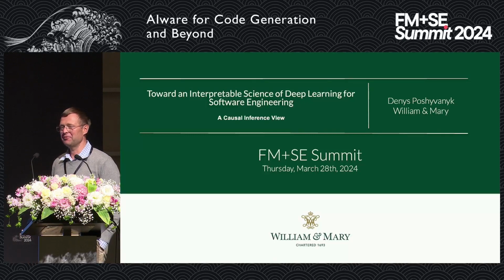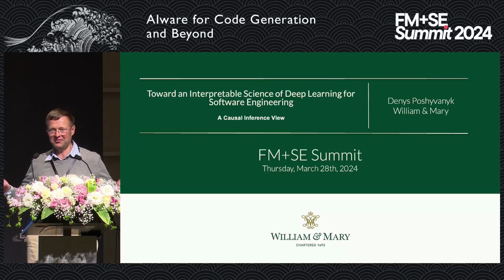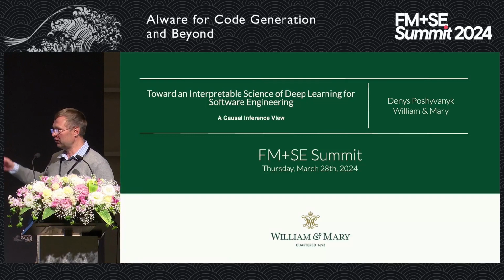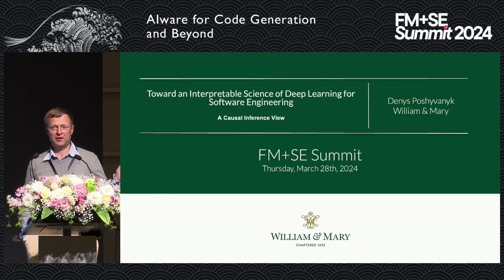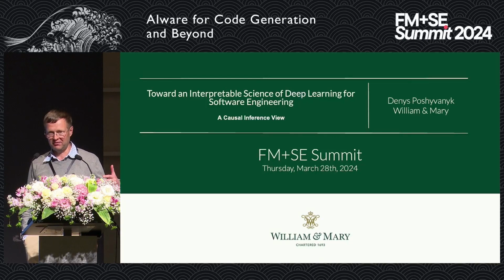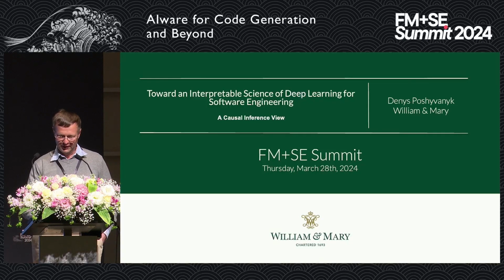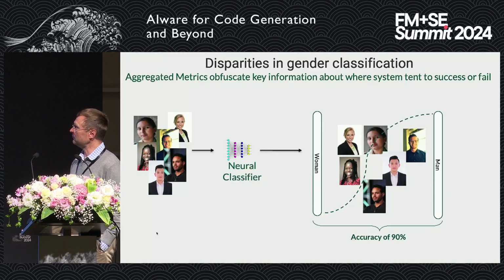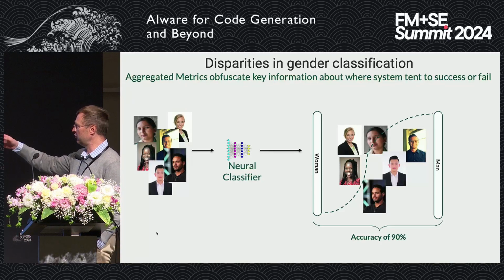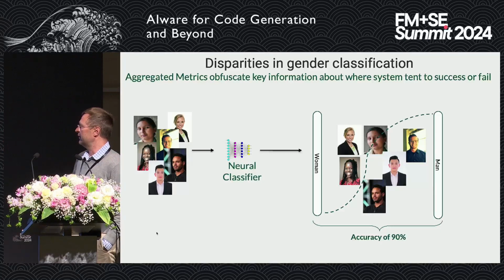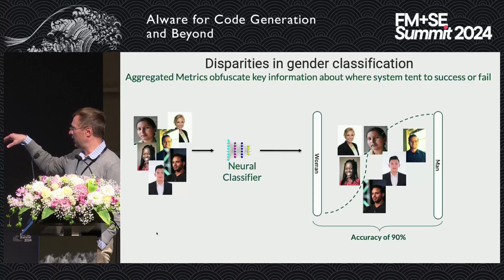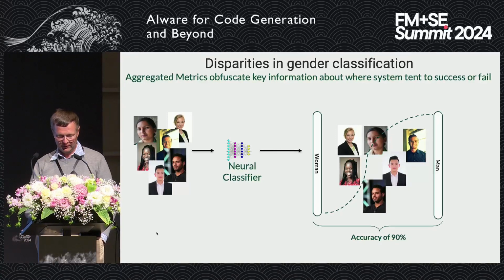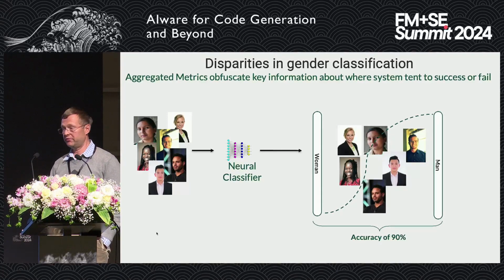And the reason why I'm saying art is because we're still doing a lot of experimentation. But what I'm trying to do with this talk is move from that art of automated feature discovery to the science of automated feature discovery. So probably some of you have seen this famous example. Basically, what this shows is a classifier that tries to classify pictures of women and men faces. And the accuracy of this classifier is actually pretty good.